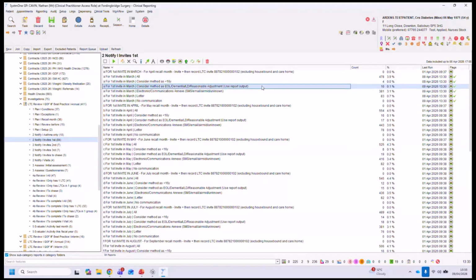Same for the next one. Consider method as end of life, dementia, learning disability, reasonable adjustment. So those patients have one of those other conditions that we talked about at the start, but they also are either on the end of life register, have dementia, learning disability, or a reasonable adjustment. And again, we might want to look at those 10 patients and go, well, hang on a sec, we probably want to